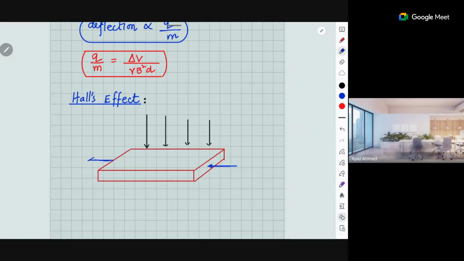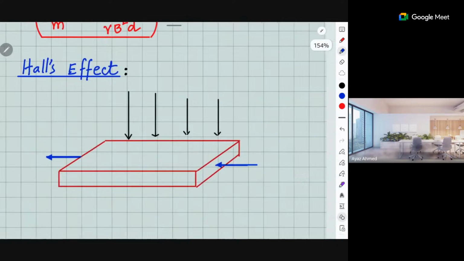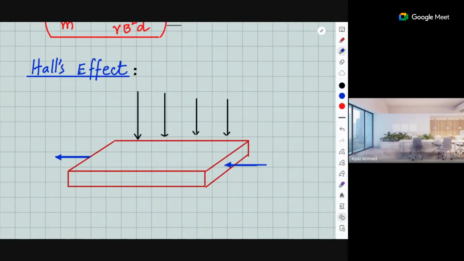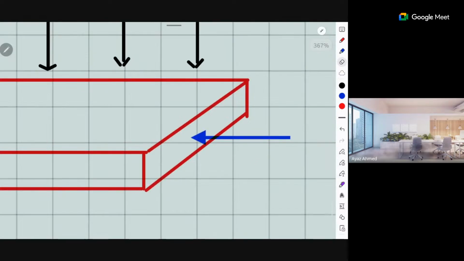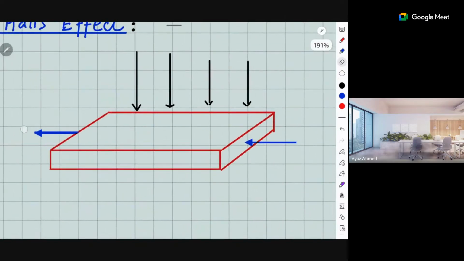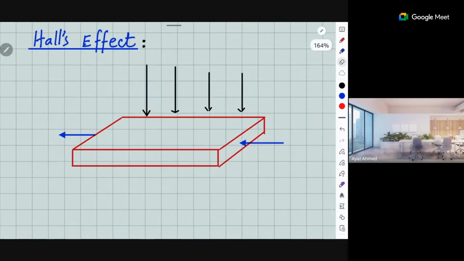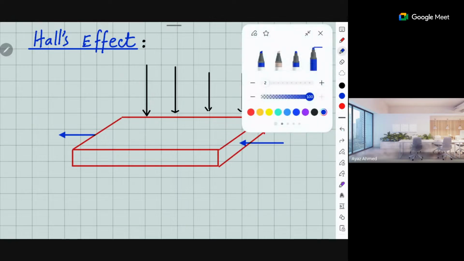Right to left. This is the direction of the current. Now, that is a really interesting diagram. Basically, the scientists just connected a voltmeter across these two ends. That is why I was going to draw. Okay, just give me a second. That diagram is quite important. That is why I will try to draw